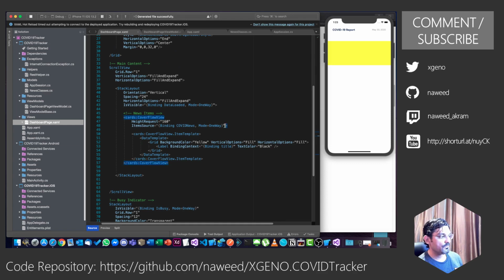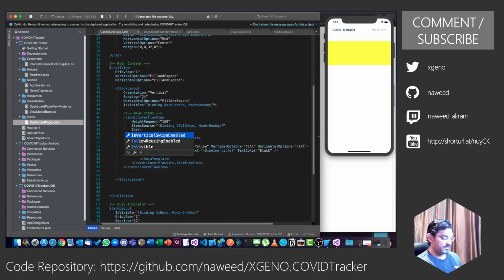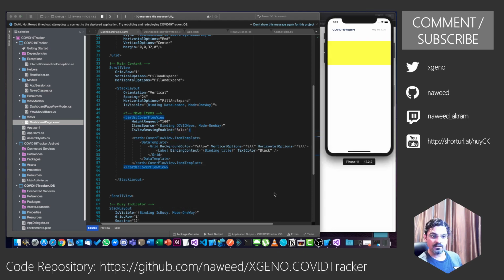I think I know. Let me set is view reusing enabled to false. Let's try with this one. No, it is still not doing it.